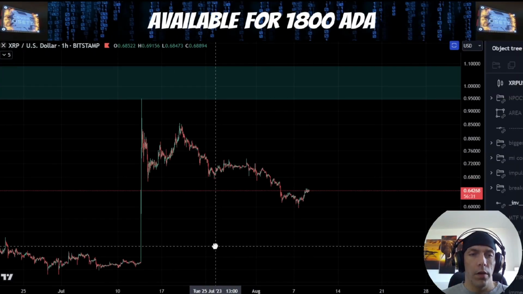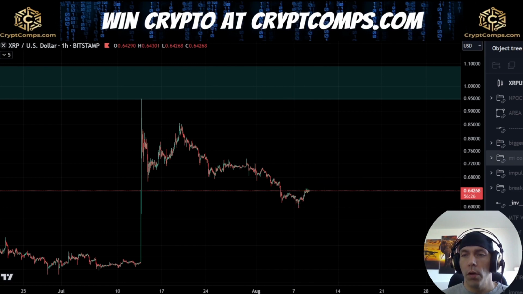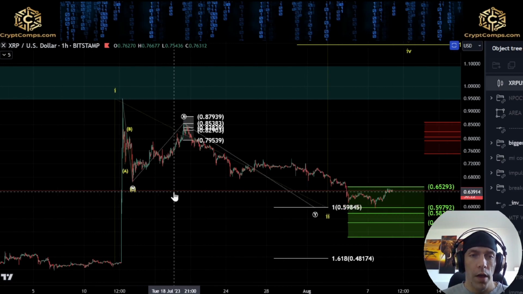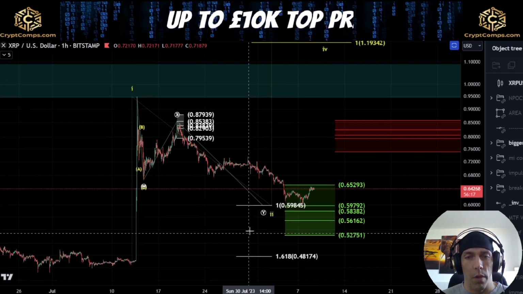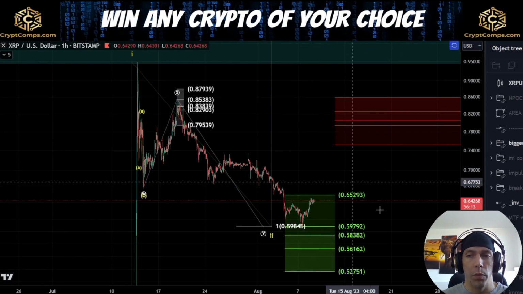Okay, so looking at the idea that what we could have here is a 1 and a 2, what we'd be looking for is the potential of seeing something along these lines where this actually is our wave 1. We're looking at this as a potential W and X, and then A, B, and C as a Y wave. Now we have come down towards this 1-to-1 level, and we have started to see a response to the upside